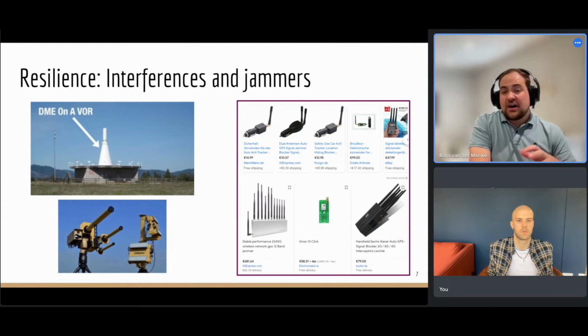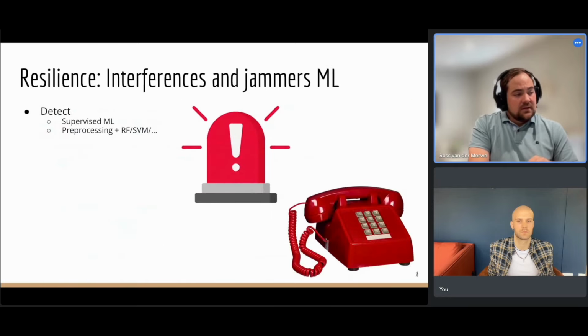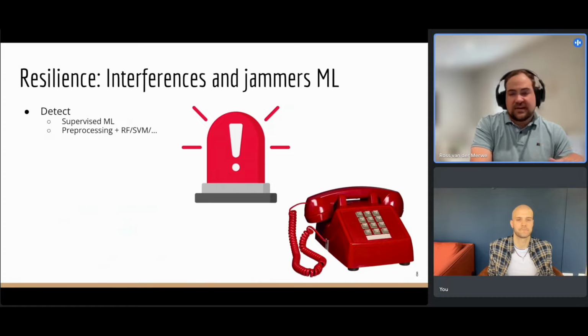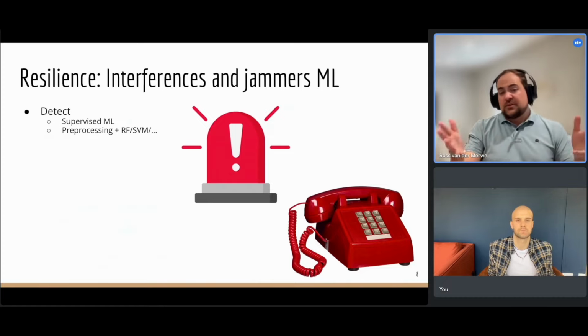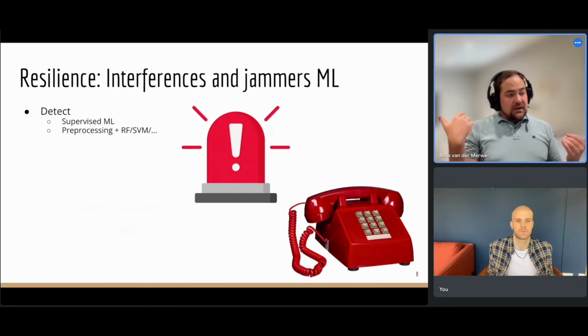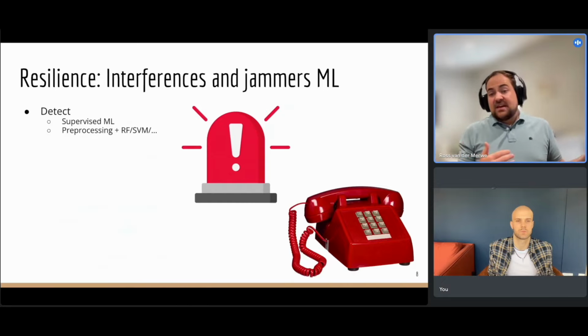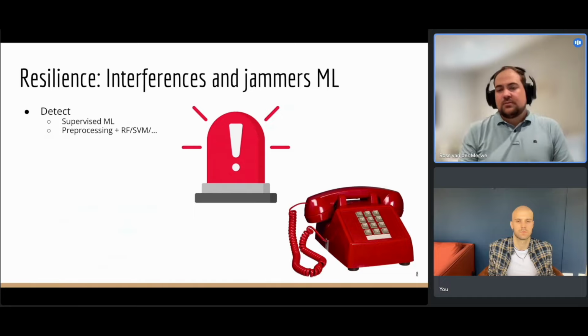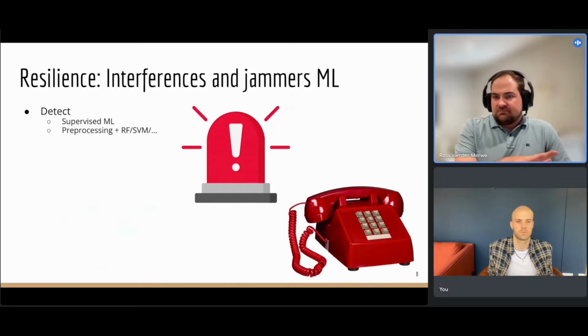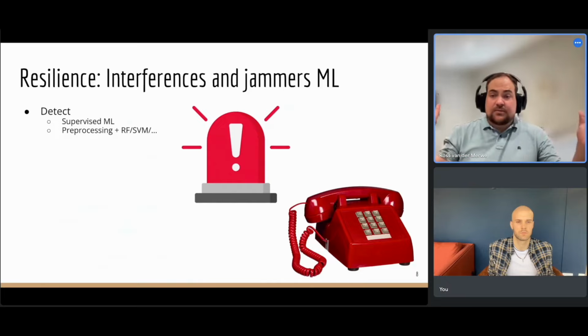Now the question is, how do we do this? And what can we really do against these types of bad signals in the same frequency band as GNSS? So the first one is to detect. This would be very basic supervised machine learning. You'll do some pre-processing. So you have your IQ samples coming in, and then you have some decision that says, is there a foreign signal in here or not? So in the typical use case, people will use something like a random forest or SVM here, but vanilla basic decision classification tasks.